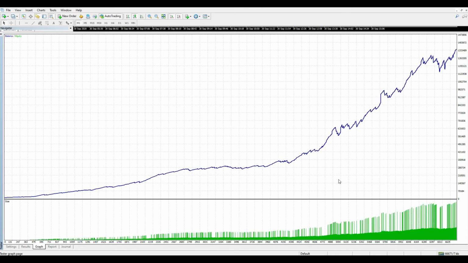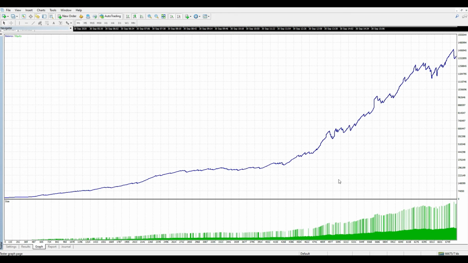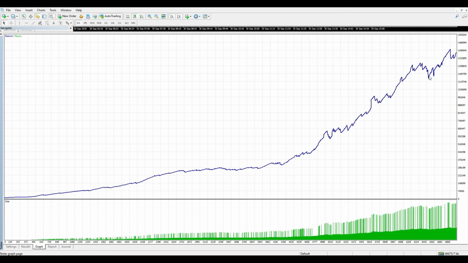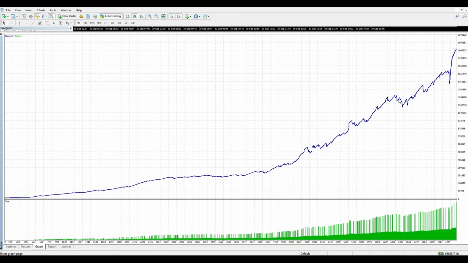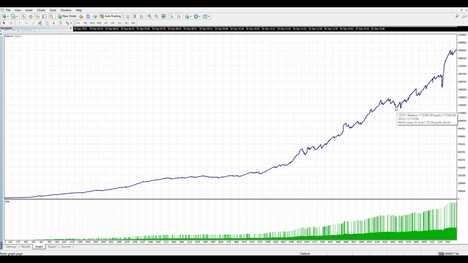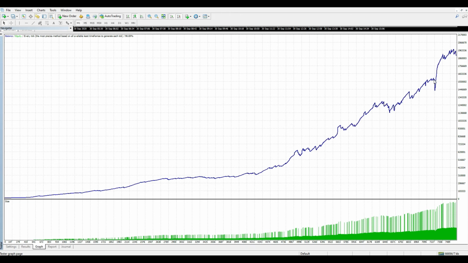You should avoid it with mode 1 probably too, but definitely with mode 2 you want to avoid it. Otherwise, you're going to have something like this. There's the drawdown. This is probably 15% drawdown right here or something like that. Do you want to go through that? Well, no, you don't. So it's better just to avoid high volatility situations with mode 2 because